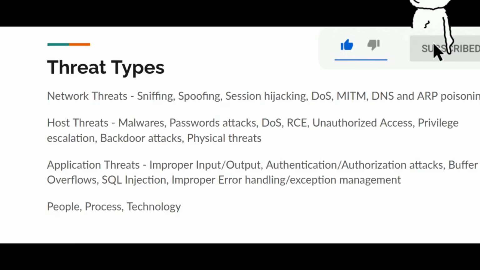Then there are some threats which are related to hosts. By host, I mean an end device, which means some kind of computer or mobile phone. They can have malware, which stands for malicious software. We can do password attacks on them. They can face denial of service again. Also, they can face attacks related to remote code execution,